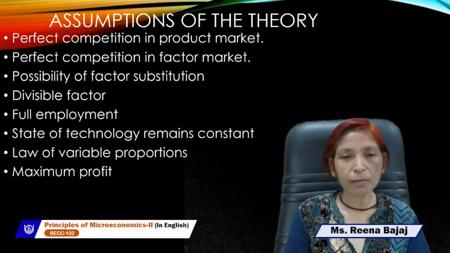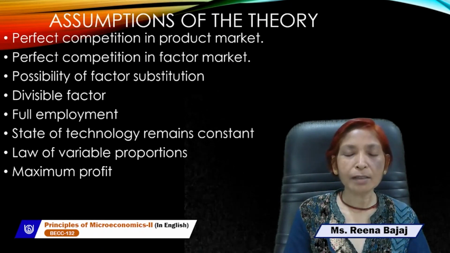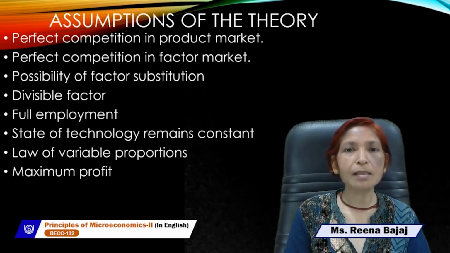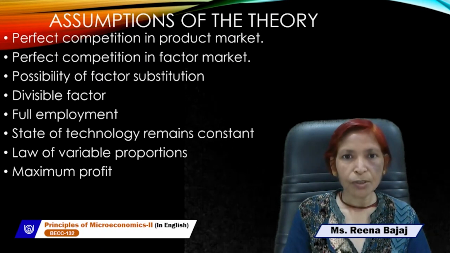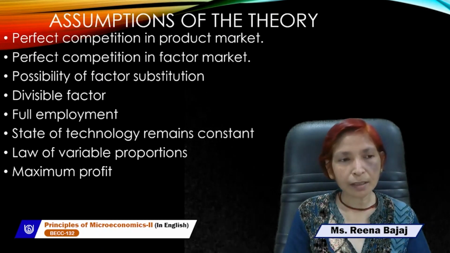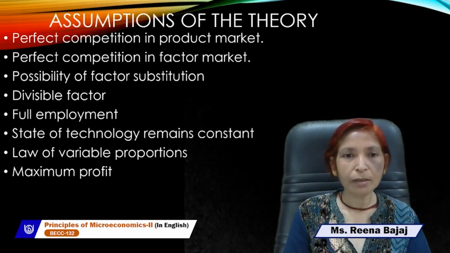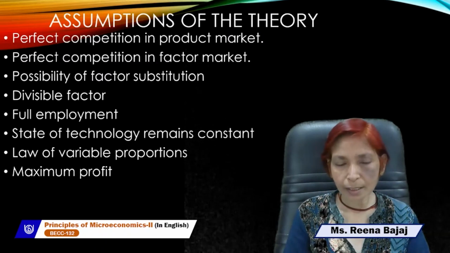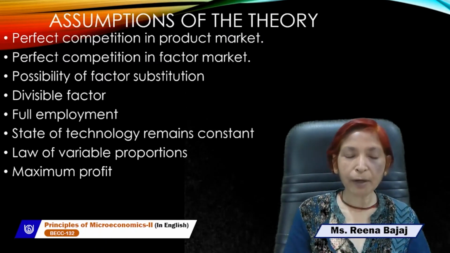There is perfect mobility of the factors of production under this market. So the marginal productivity theory is based on the assumption that perfect competition exists in the product market,